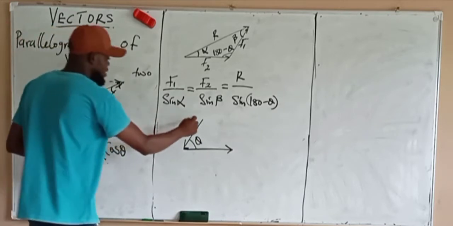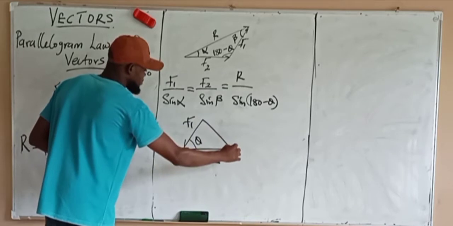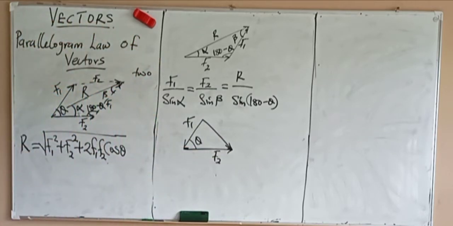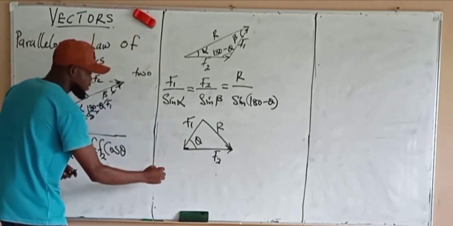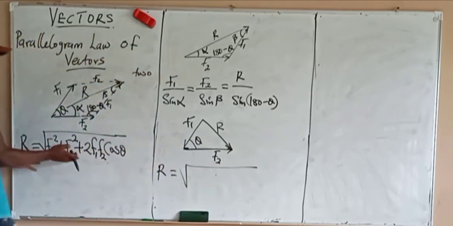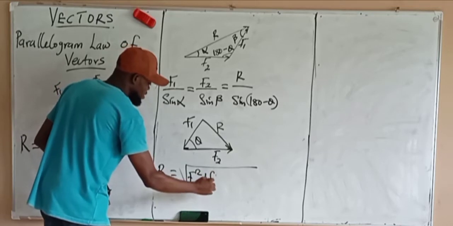So let's call this one F1, and this one F2. So the other one will be this. That will be the resultant of these two forces. And in order to get that resultant, it should be equal to this same formula, which is F1 squared